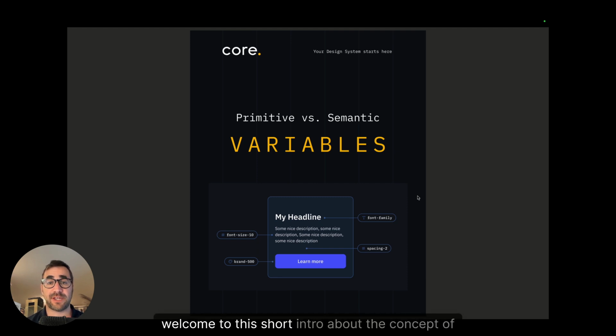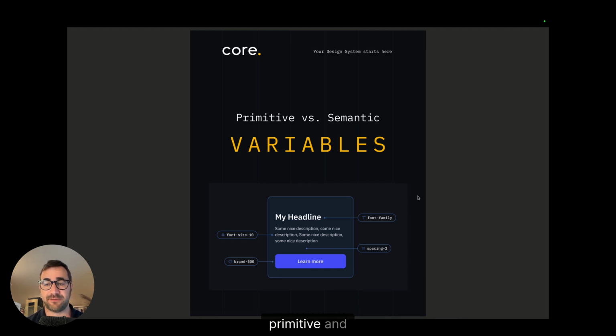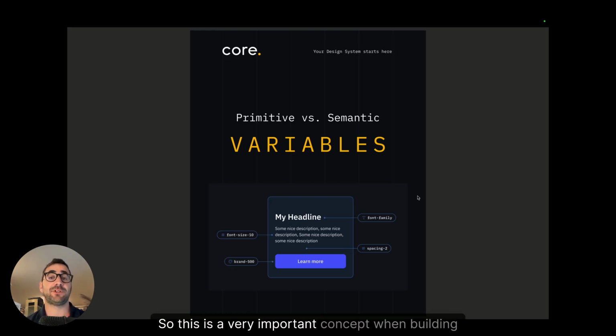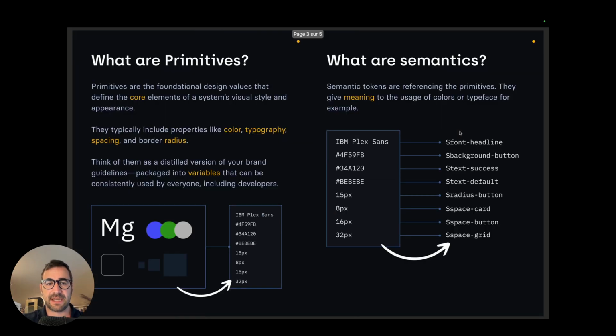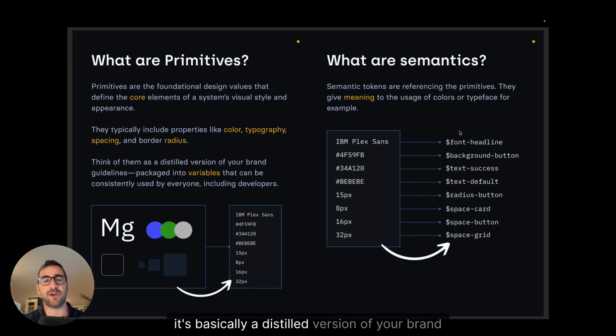Hello and welcome to this short intro about the concept of primitive and semantic variables. This is a very important concept when building design systems, and it will be your foundation where all your components will rely on. Starting with primitives, it's basically a distilled version of your brand guidelines, including design decisions